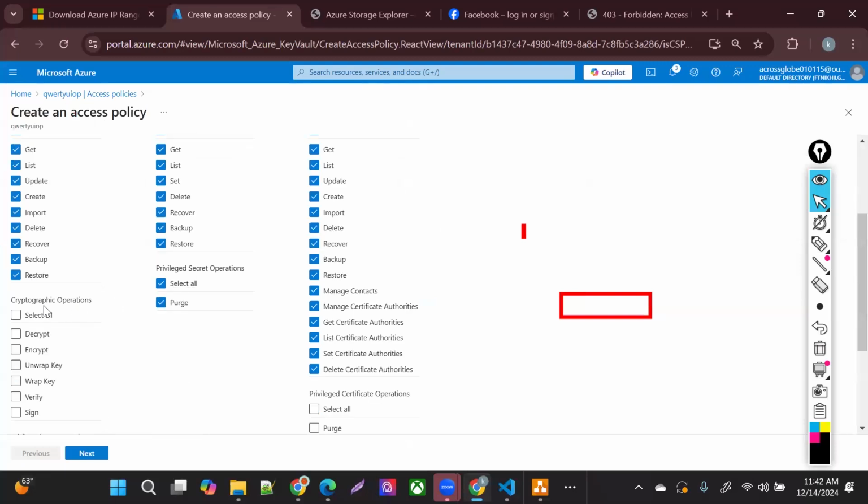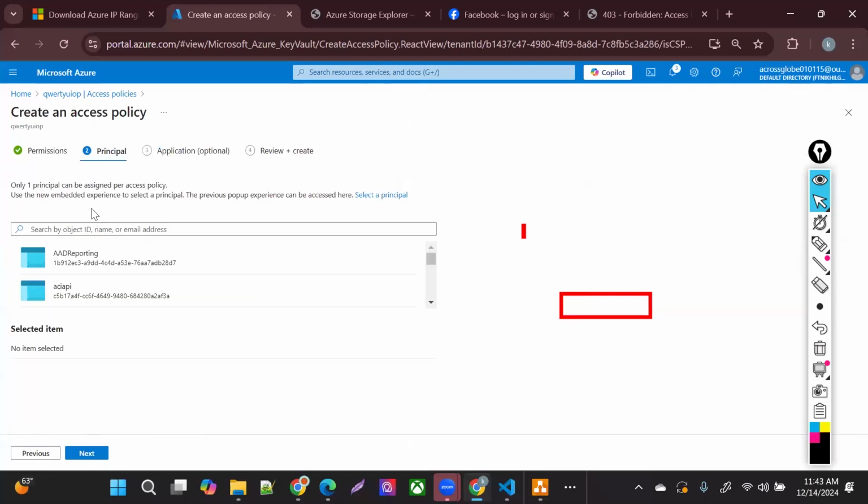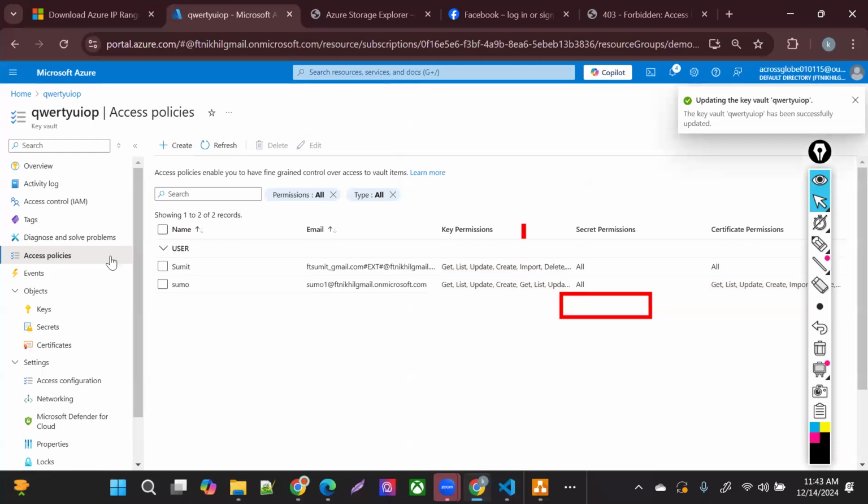I'm allowing all permissions for this demo for now on that key vault. Sumit, Sumit here. So I can add access policies and then the RBAC role also for that person.